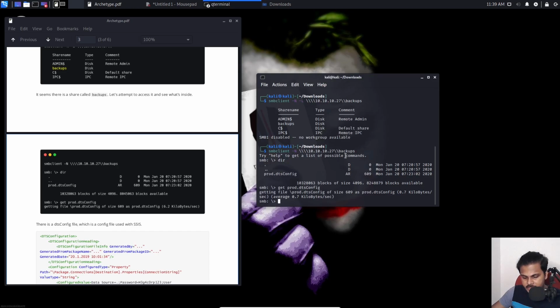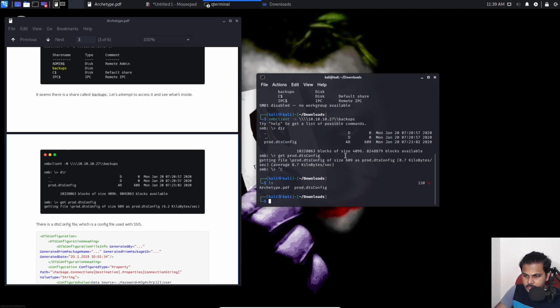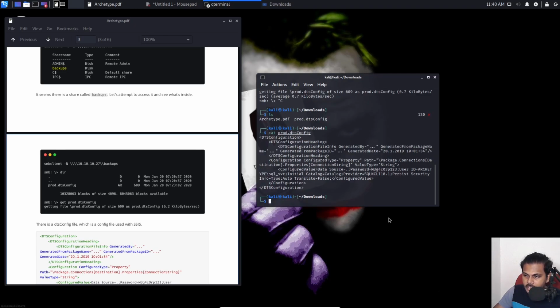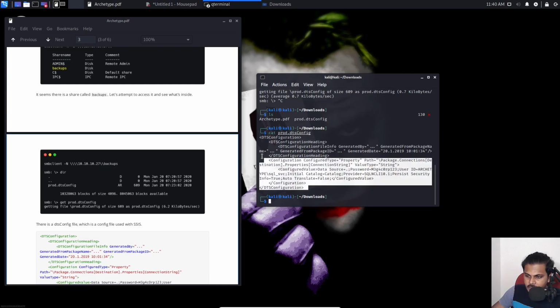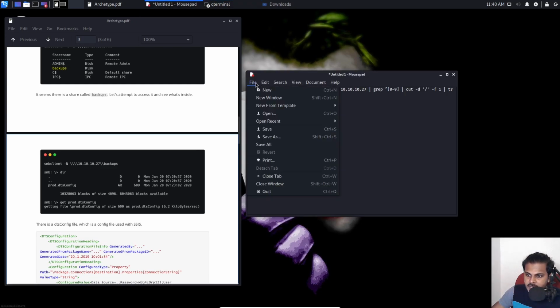Open this up in the terminal, get rid of the SMB, then do ls. As you can see the file, we can use cat to open up the file. So cat space the file name, and there we have it, the content of the prod.dtsConfig file. Copy this all in, open up your mousepad